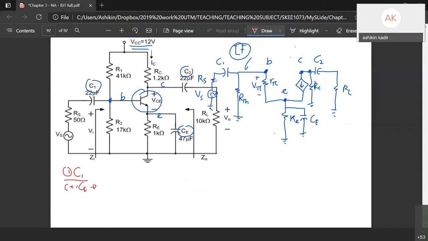We put it as short circuit. And then we have gmVπ over here. gmVπ, we put it as open circuit, because we didn't take it into our analysis. So we redraw the circuit. C1 and